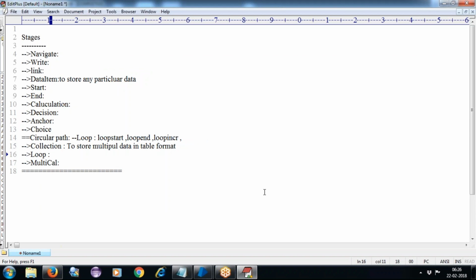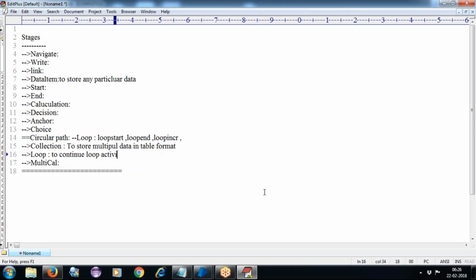The circular path is also a loop activity that we implement ourselves, but the loop stage is not implemented that way, it is just one built-in stage here. This has been used to continue